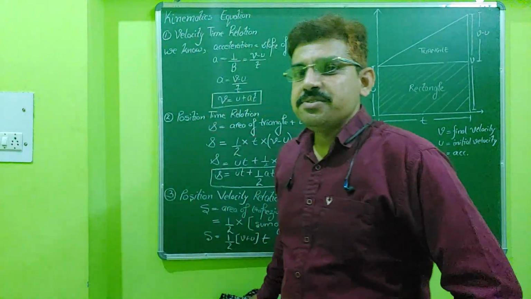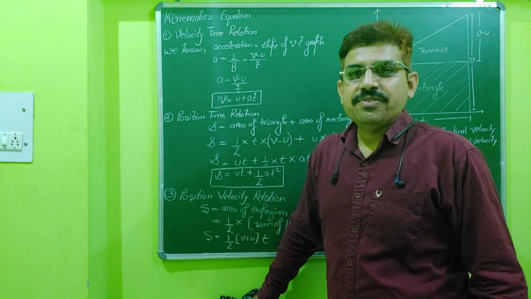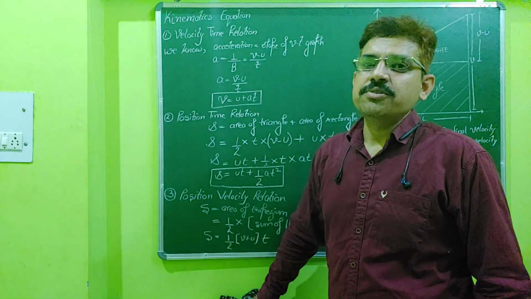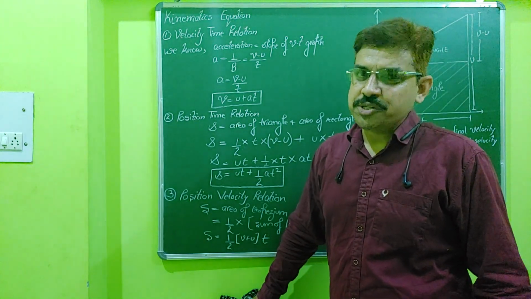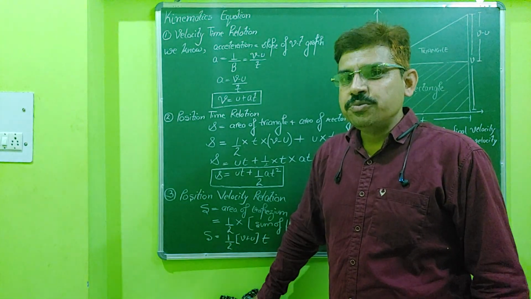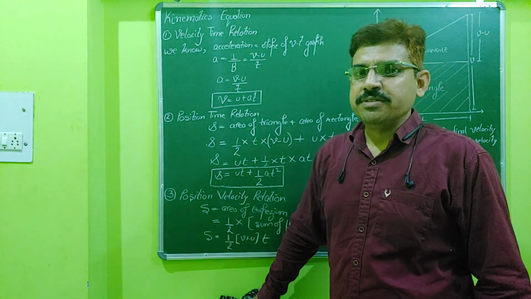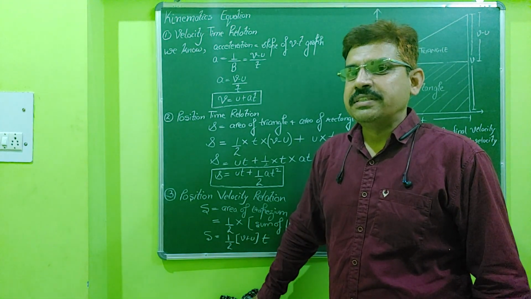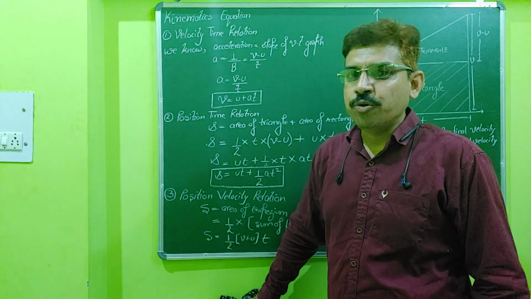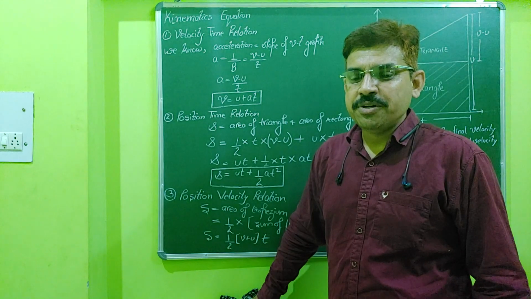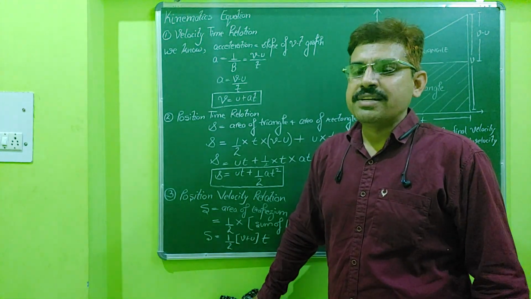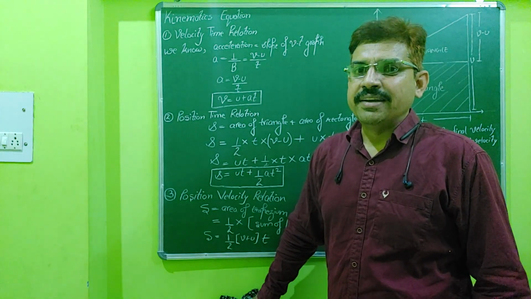Hello students. In the last lecture we shared about the slope and the area, because in order to understand the equation of motion we should have knowledge of area and slope. So in order to go for the equation of motion we should have knowledge of slope and area, which we already discussed, and I hope you have seen my video and have got some knowledge of how we can solve the slope and area.